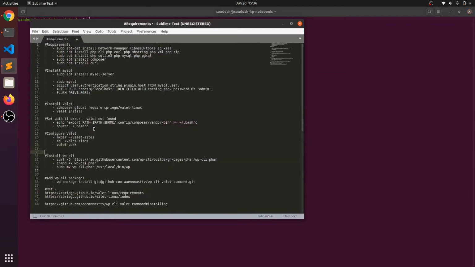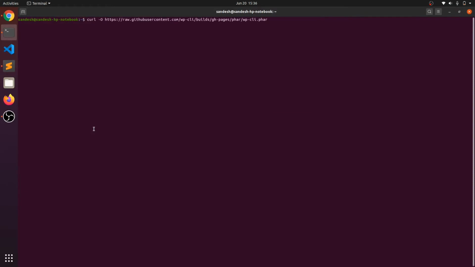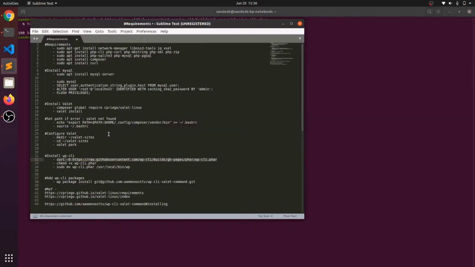Now what we need to do is install WP-CLI, which is required to install WordPress with just one command. So the first thing is to install WP-CLI. This command will download the WP-CLI phar file. Okay, now the file is downloaded.